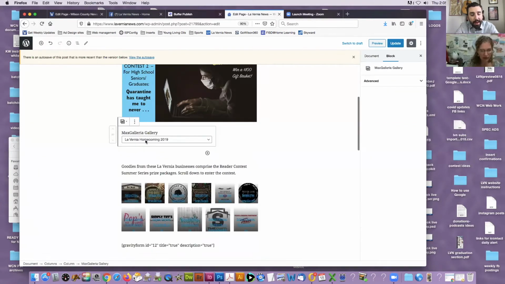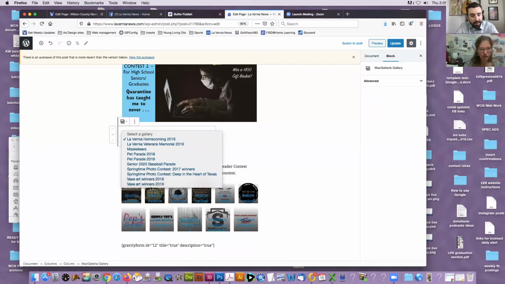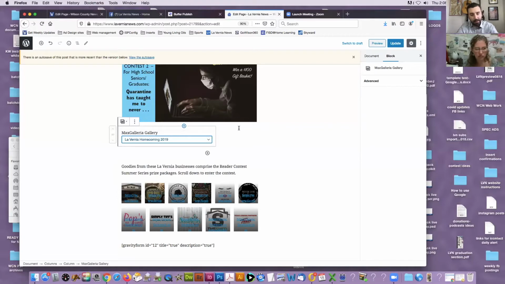So that would be something you could reuse here. That's good to know, because if you're more familiar with the Max galleries, which I am, I would still be able to tweak how the view is. Right. So you can always embed Max Galleria, but you would be using the code,